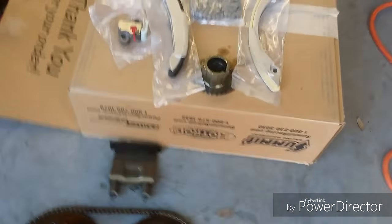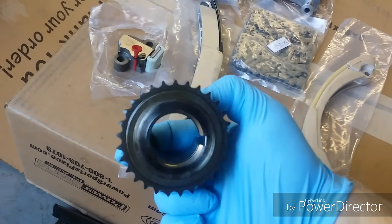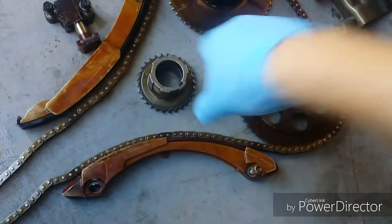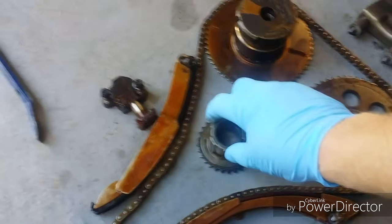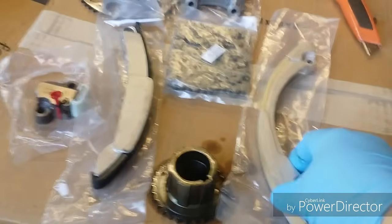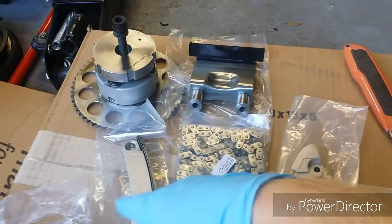Here's the new stuff. This is actually the old crank sprocket. I put that in some chem tool overnight because it was as orange or brown as the rest of this stuff, but you can see that stuff works really well. No scrubbing. Just rinsed it off with WD-40. And then new shoes, new tensioner, the chain, the variable timing sprocket,